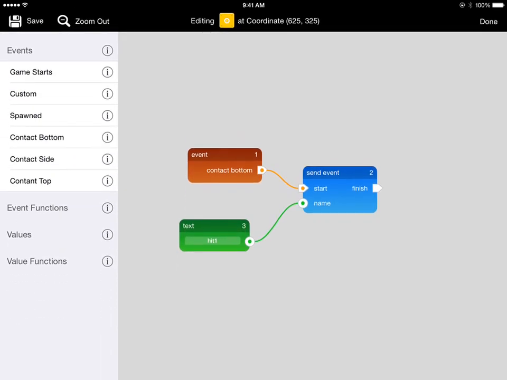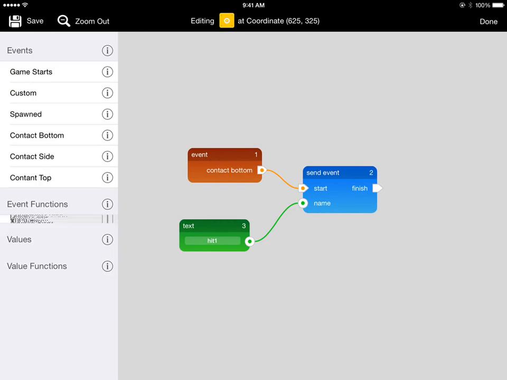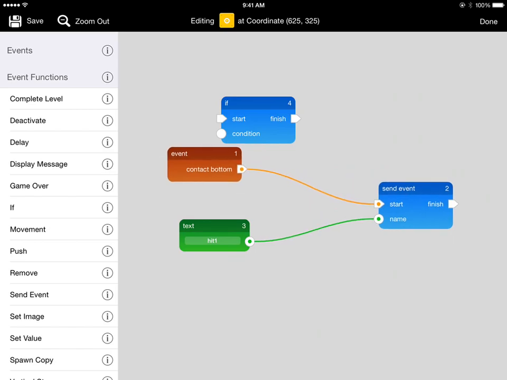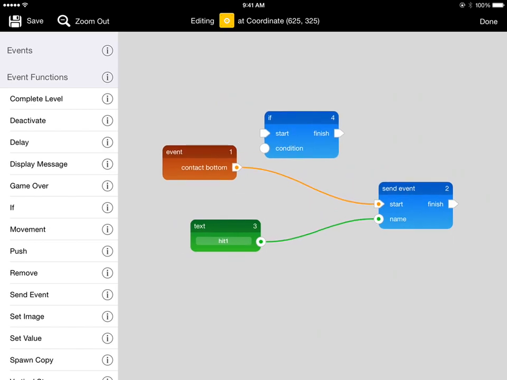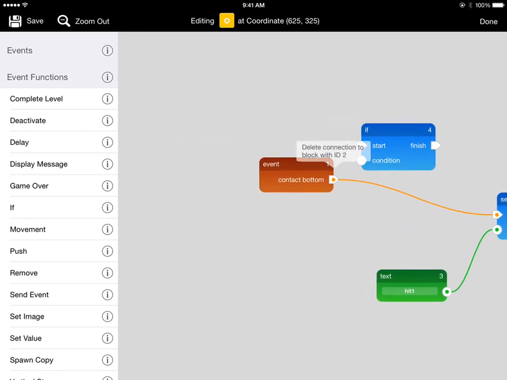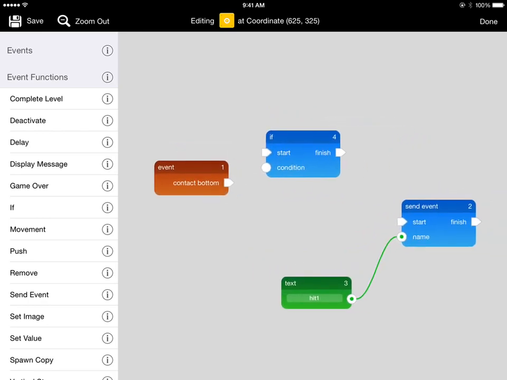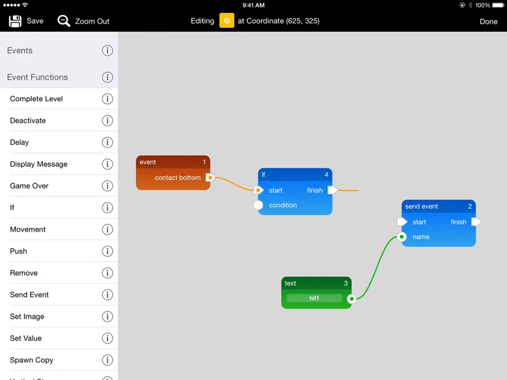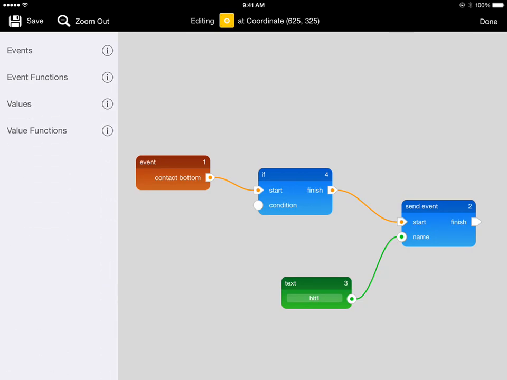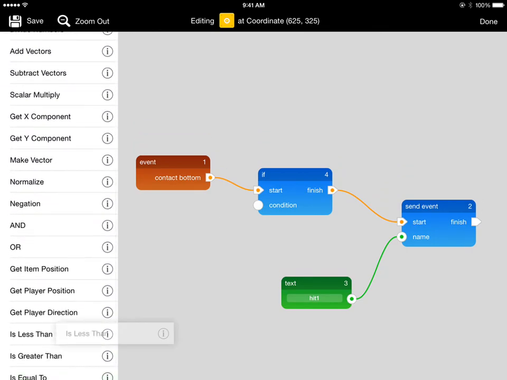And the way we do that is we need to use a condition. So I'm going to drag out a condition, so an if block, and we need a condition for that if. So instead of just having send event directly hooked up to contact bottom, we'll go through this if first. So the condition is going to say we only want to do send event if the condition that we've shot out less coins than the number we want to shoot out so far. So we'll use the is less than value function,